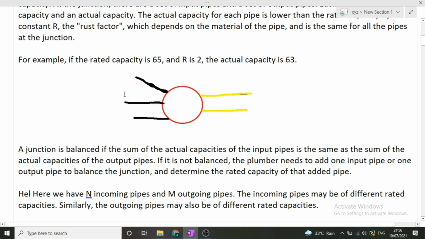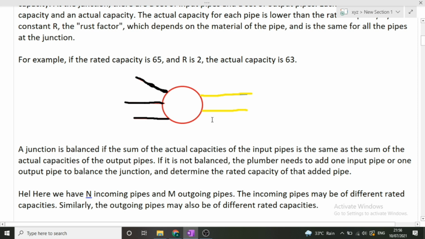Now we'll find the sum of actual capacities of these incoming pipes, then we'll find the sum of actual capacities of the outgoing pipes. Now if the sum of actual capacities of the incoming pipes is greater than the sum of actual capacities of the outgoing pipes, then we will need to add an outgoing pipe, because see, more water is entering but less water is moving out, so we need to balance it.